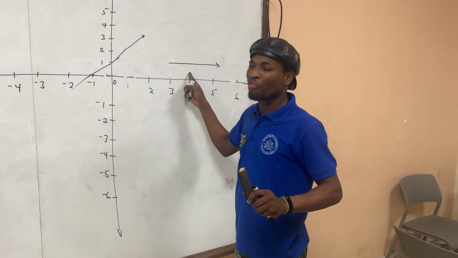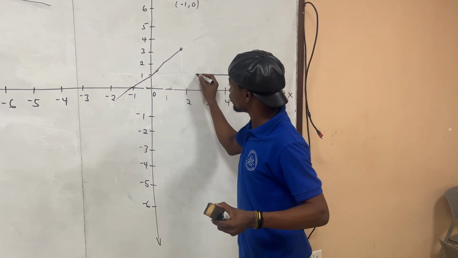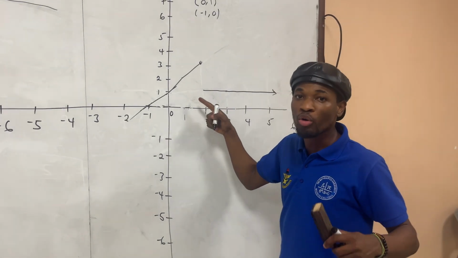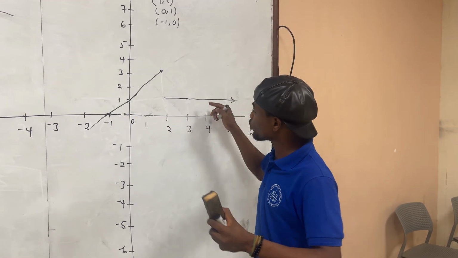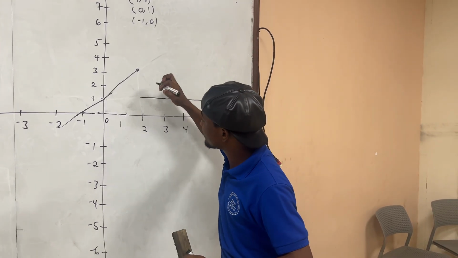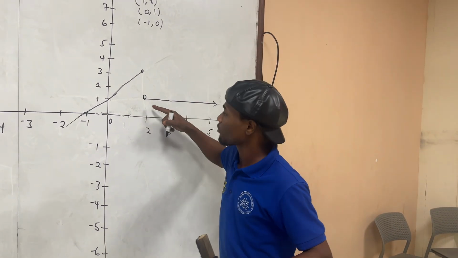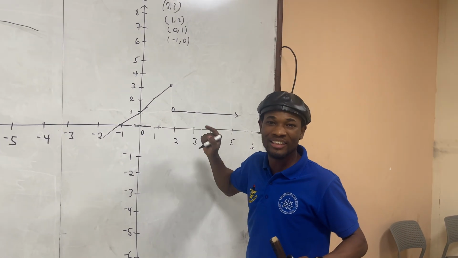Now, if you want to start from 2, what do you do? You can decide to extend this to 2. But if you do it this way, you will be wrong. So if you want to extend it to 2 such that you will be correct, that means at the endpoint, you have to add this. Is a circle that is not